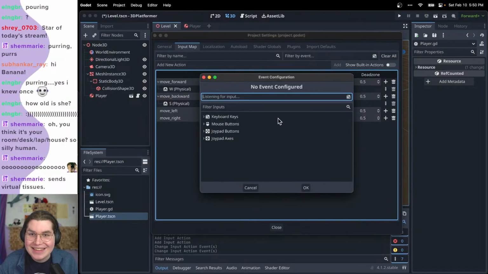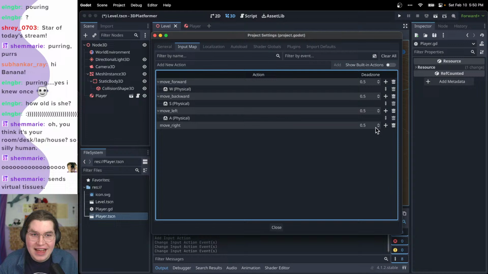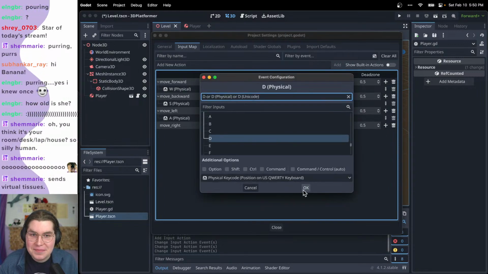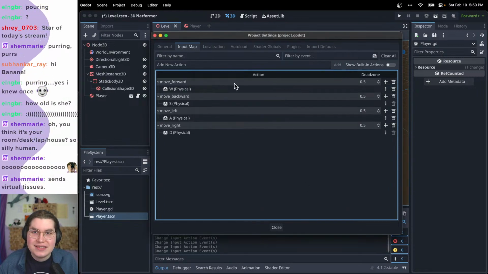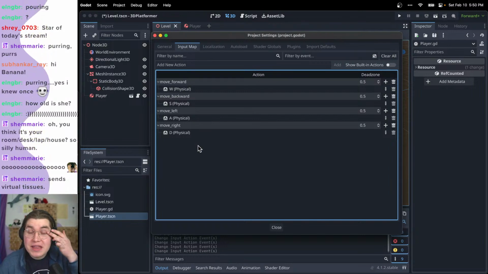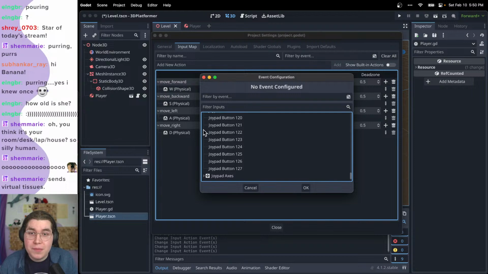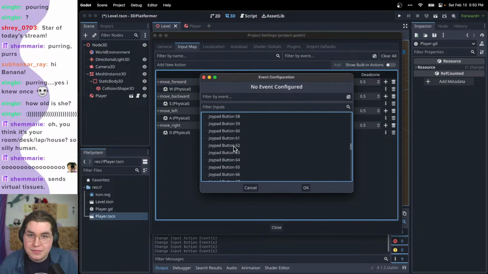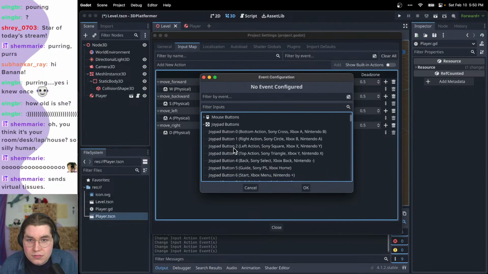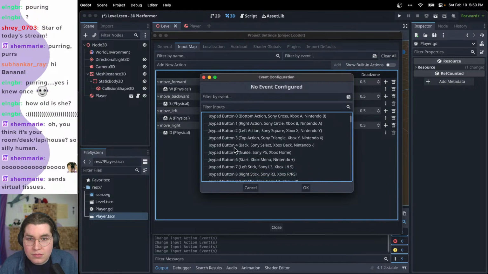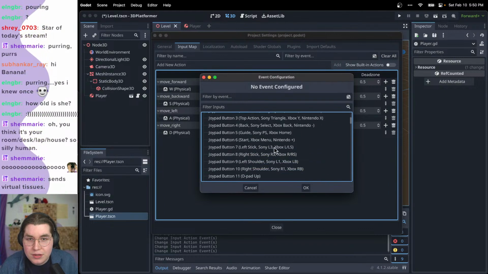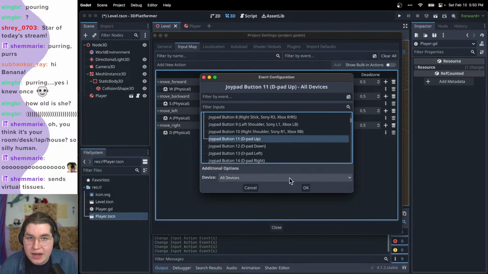Move left is A, so we're just going to press A, and then move right is going to be D. So now we've mapped the keys on the keyboard to the different phrases that we're going to use to refer to them: move forward, back, left, right. And we can also, if we take a look at joypad buttons, we could also add D-pad up,